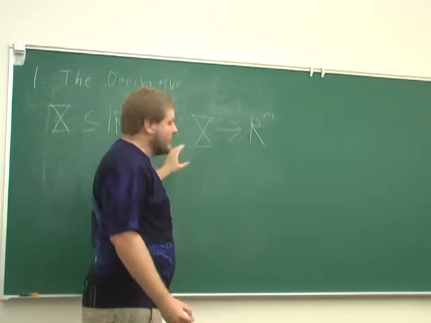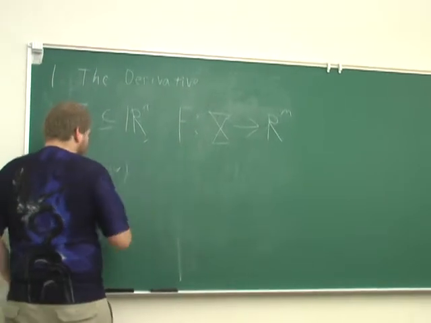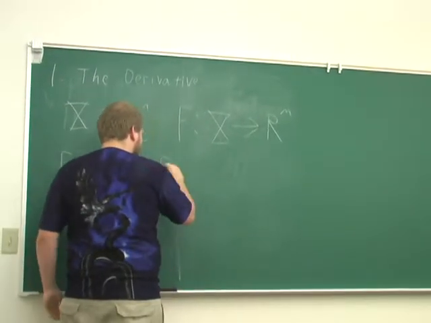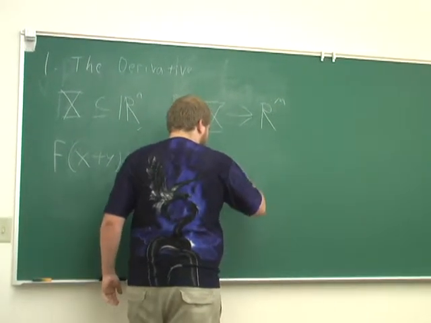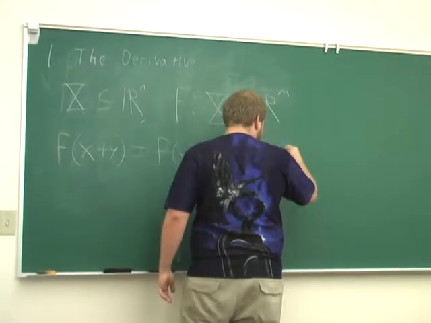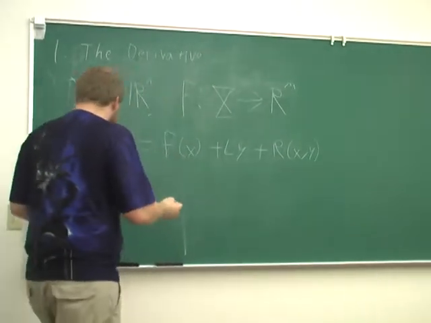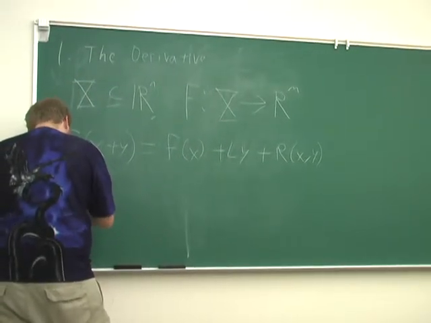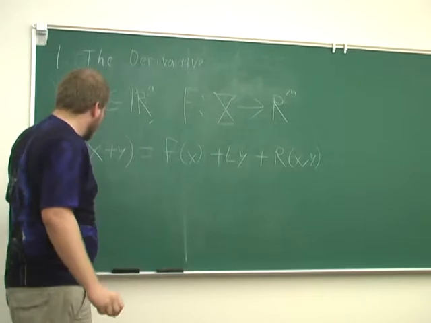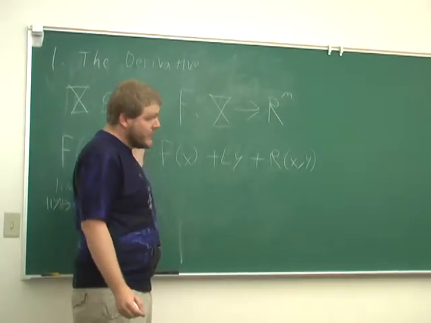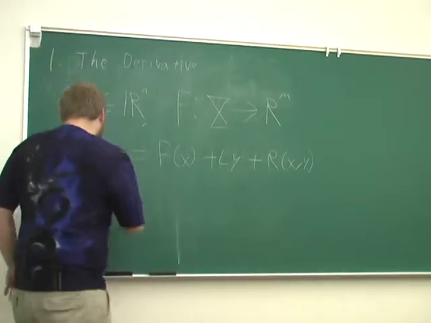So once we have this, we can discuss the idea of a derivative in a very formal fashion. We assume y is very small, and we let f of x plus y be f of x plus Ly plus some remainder term. And we say that this is a derivative if it satisfies that as y gets very small, this is the norm of y. This norm, since again this is a mapping from Rn to Rn, is the Rn norm. If the limit,